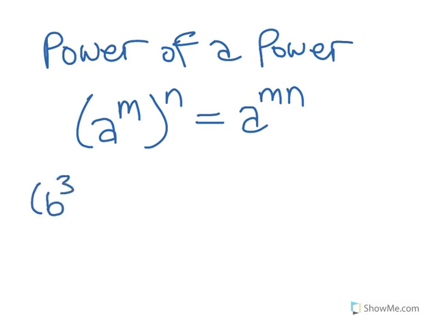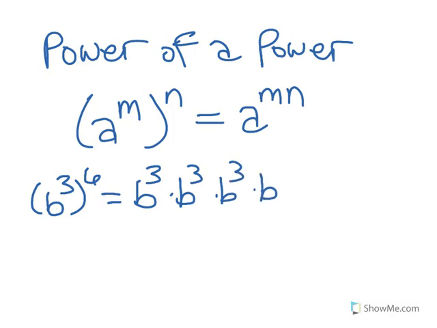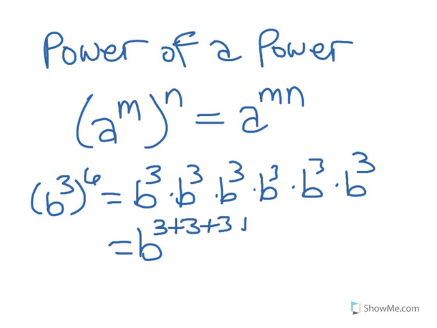Consider b cubed to the sixth. Now, before we had this property, that meant that we were going to take b cubed times b cubed times b cubed times b cubed times b cubed times b cubed. But our previous work tells us that when we have products of powers of the same base, we can just add the exponents together. So that becomes b to the 3 plus 3 plus 3 plus 3 plus 3 plus